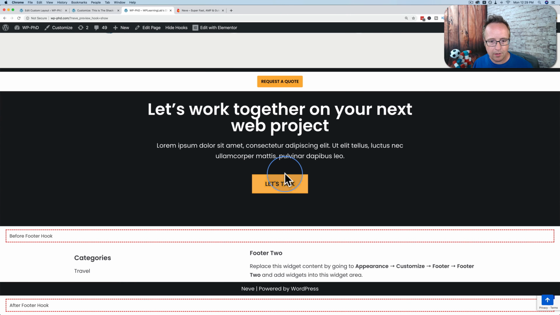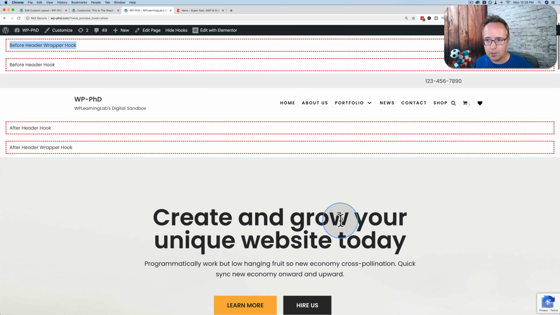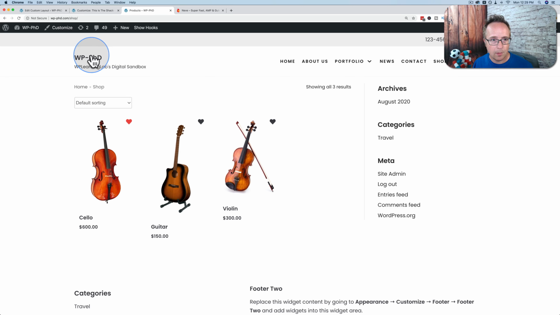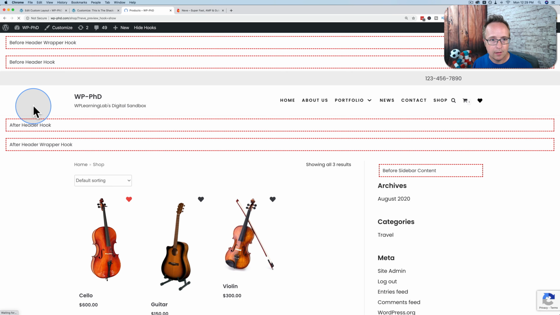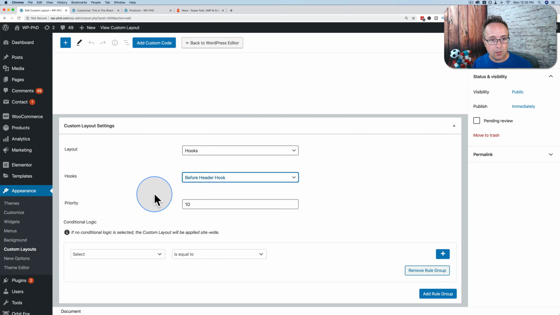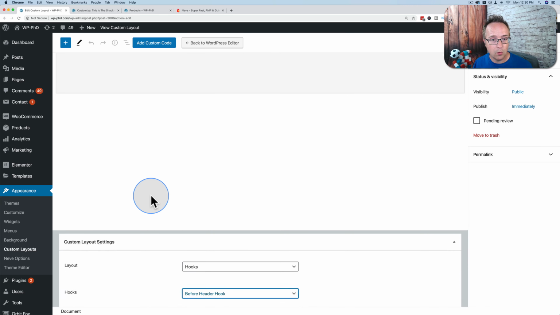There's hooks down at the bottom here, and there's various hooks on the shop pages. If we go to the shop, there's other hooks. There's WooCommerce specific hooks, and we see them all on here. So we can choose the hook, create some kind of custom layout or custom something in Elementor, or just in